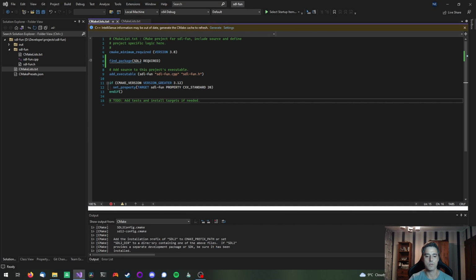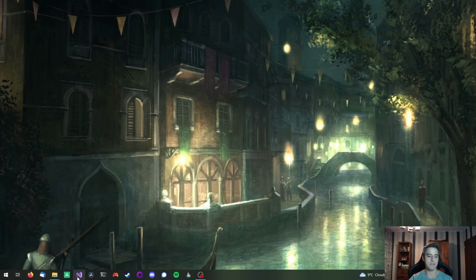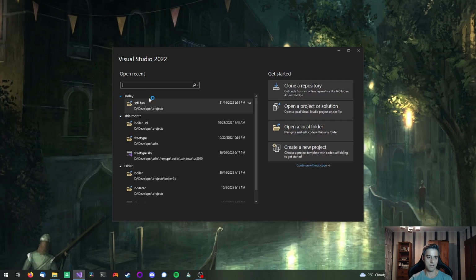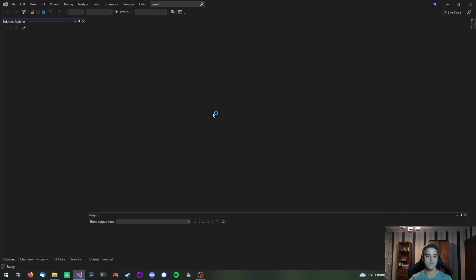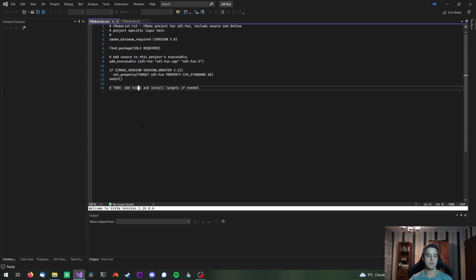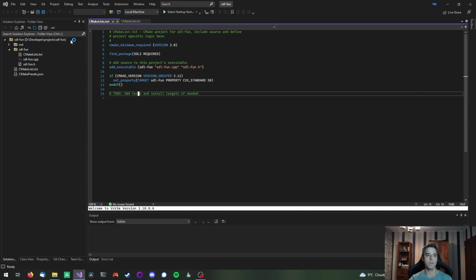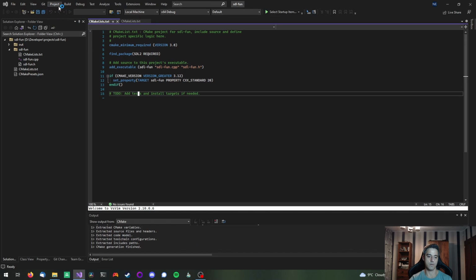again, it can't find it. So the reason for that is, we've added an environment variable, and because Visual Studio is already running and inherited the environment variables as they were set up at the time when it started, we're going to have to close out of Visual Studio and then start it back up again, reopen our project, SDL Fun,